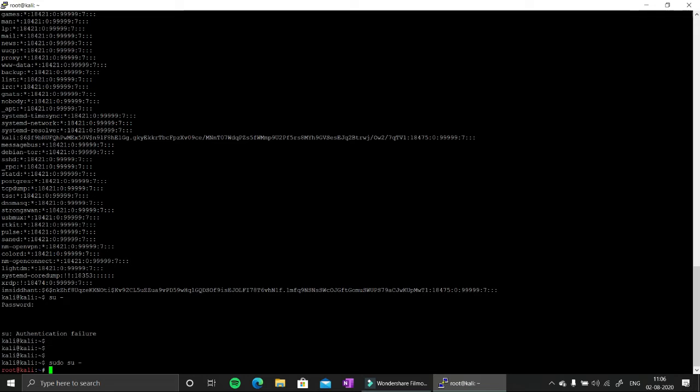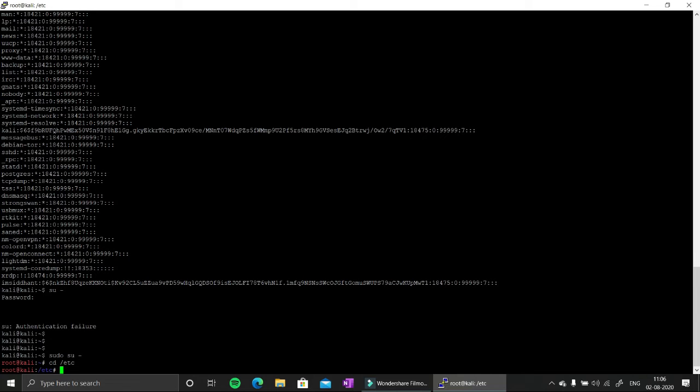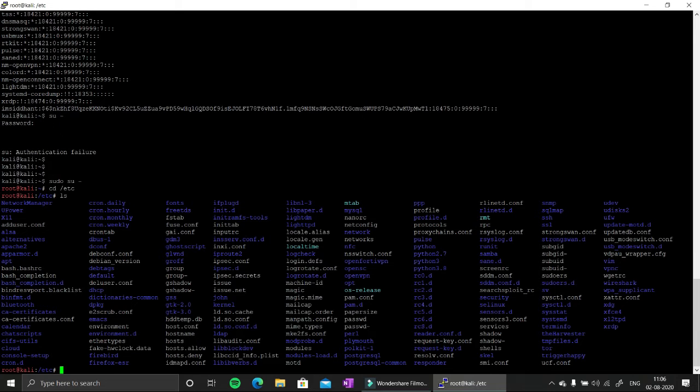The second thing I learned was the sudoers file. If I change directory to /etc and run ls, you can see there are various files and directories in this folder. This is our sudoers file.